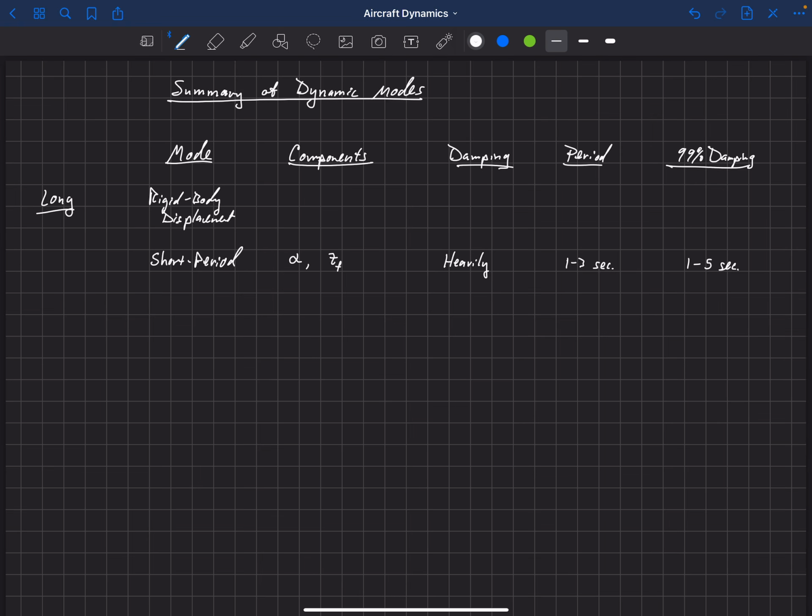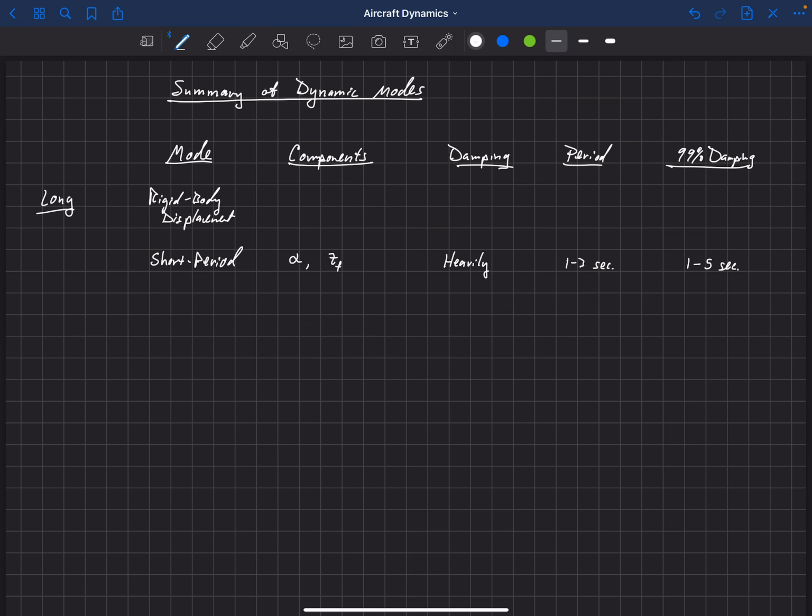So in most aircraft, we're only going to experience one oscillation here. It feels just like a bump, basically. This is what you feel when we hit turbulence. When we hit abrupt turbulence, the aircraft just feels like it hit a bump. And that's that short period mode that then damps out. It's heavily damped, so it damps out really rapidly. Within 1 to 5 seconds, it's 99% completely damped out.